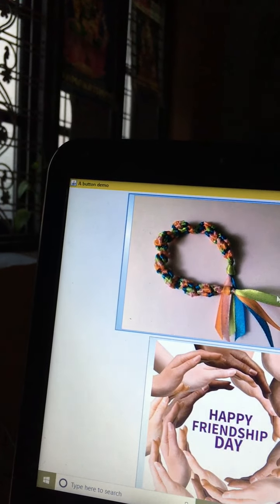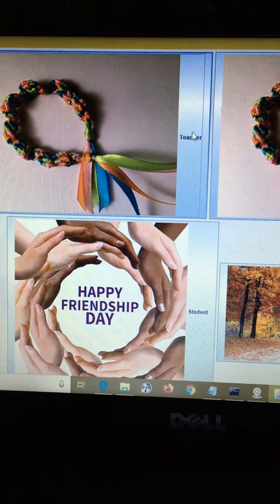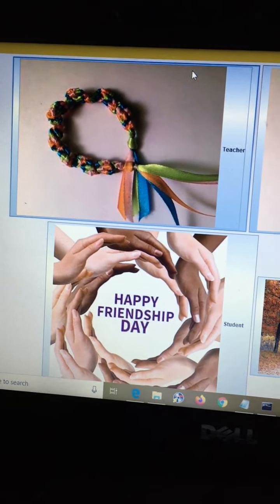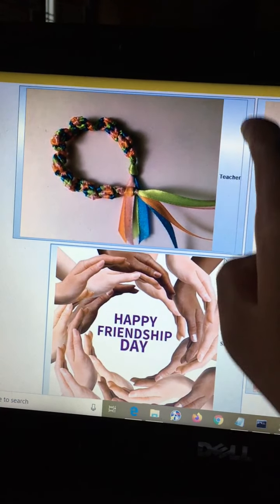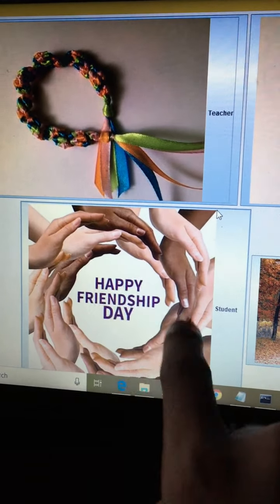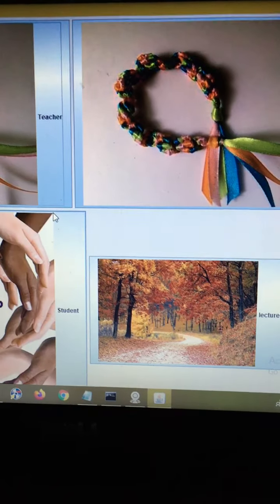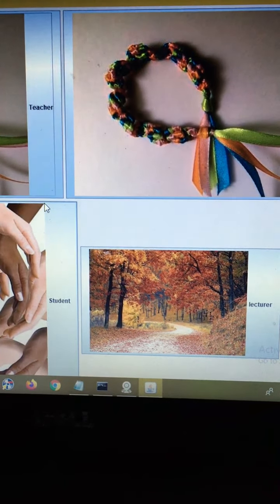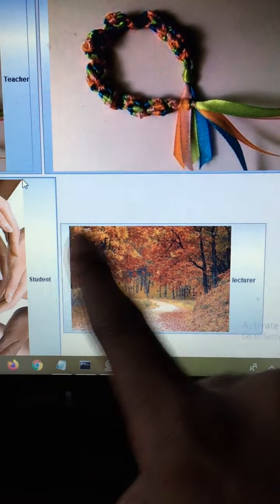So here, teacher image, teacher. This is the icon and this is the text associated with the button. This entire thing is a button. Okay, so this is also a button, with an icon and text. So this is also a button. The program displays 4 buttons with the text and icons.